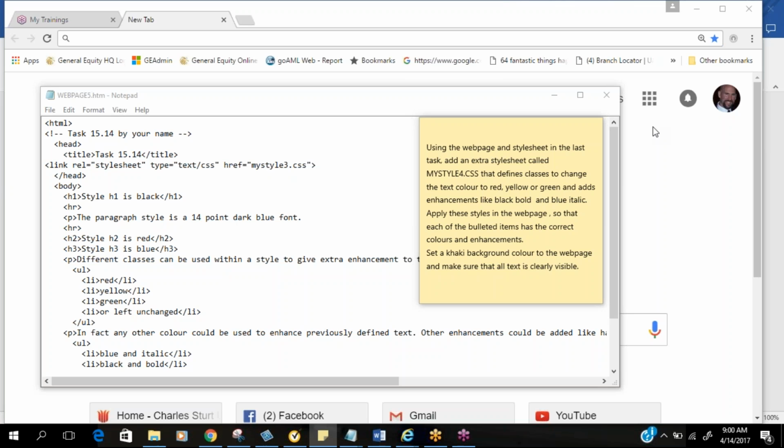This is a task where we're going to look a little bit more at the color, at bold and at italic, and we're going to set up classes in a second style sheet. So we're actually going to have two different style sheets that we're going to link one web page to. Now the instruction says we're going to use the web page and style sheet that we used in our last task and add an extra style sheet called